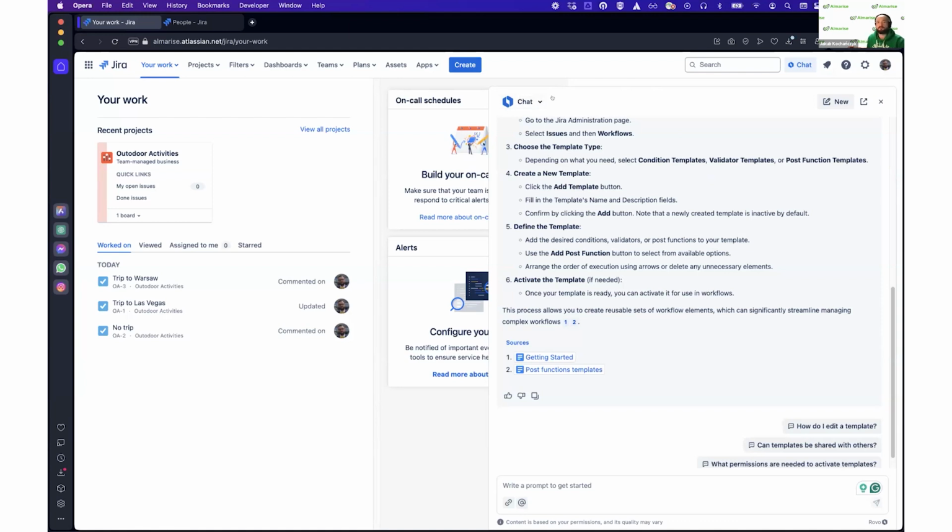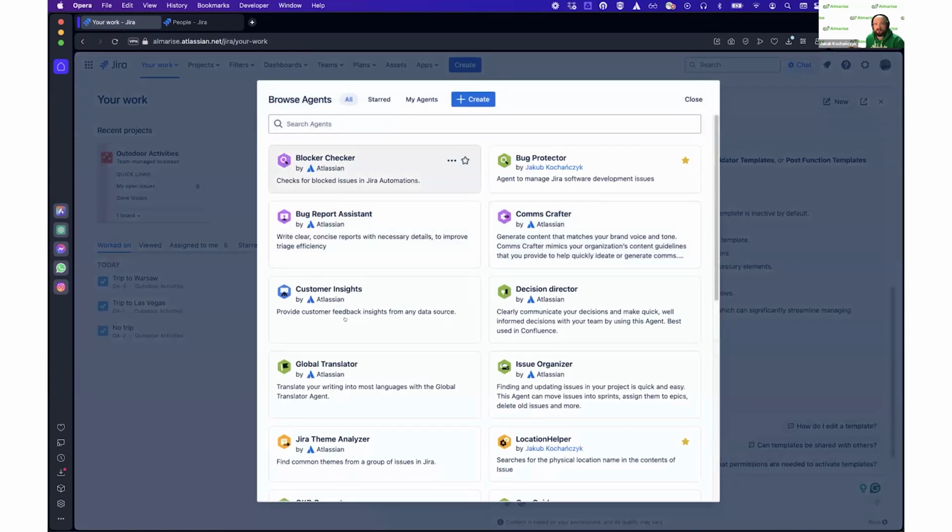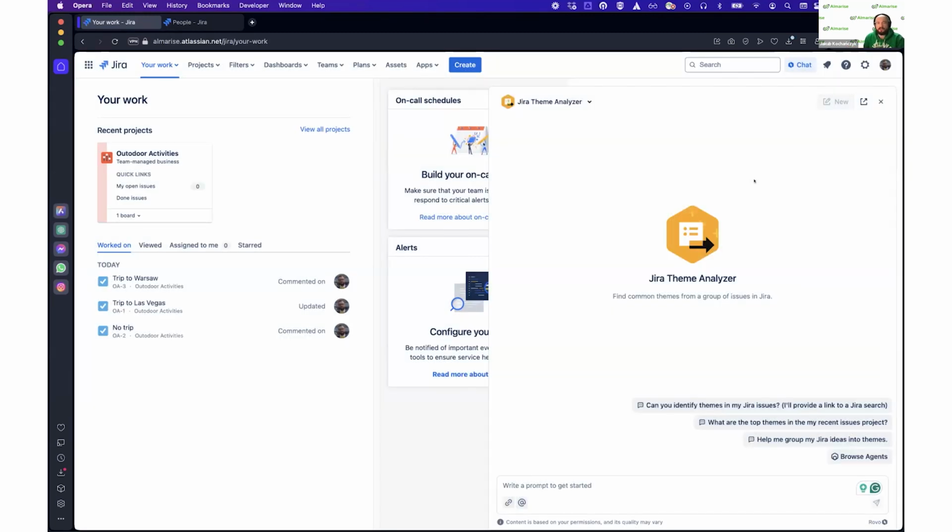But Atlassian delivers some pre-built agents, as they call them. So, pre-built agents, specialized agents dedicated to particular activities. Let's say that I would like to check what's happening in my project. I'm a manager who was on vacation for 2 weeks or 1 month, and I'm managing a project called Secure Fields for Jira, another of our apps, and I want to figure out what was happening in the past month or 2. So I can ask Jira Theme Analyzer, which will get the list of issues and summarize